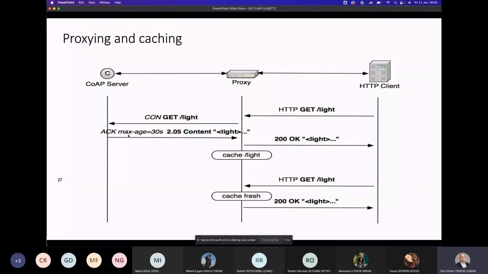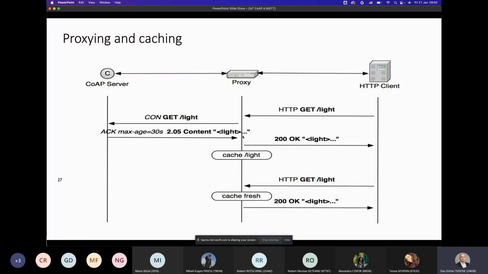The CoAP server will reply with the value of the light resource and a max age of, let's say, 30 seconds. So this response, this value of this resource, will be available at the proxy and will not expire for the next 30 seconds.